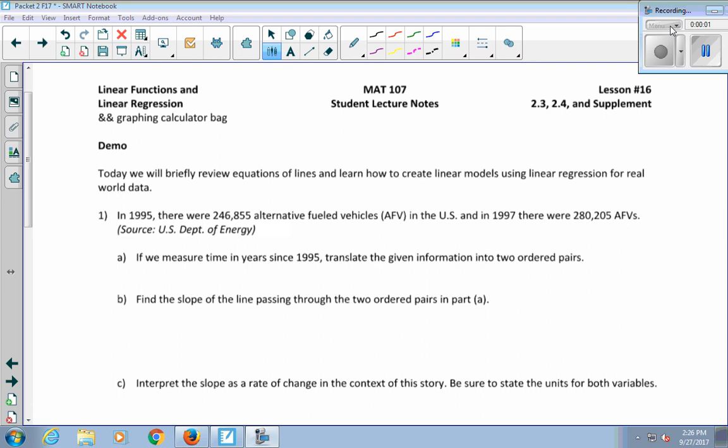Welcome to the Lesson 16 demo for Math 107. You'll know that there's no preview exercise for this lesson. So today we're briefly going to review equations of lines and learn how to create linear models using linear regression